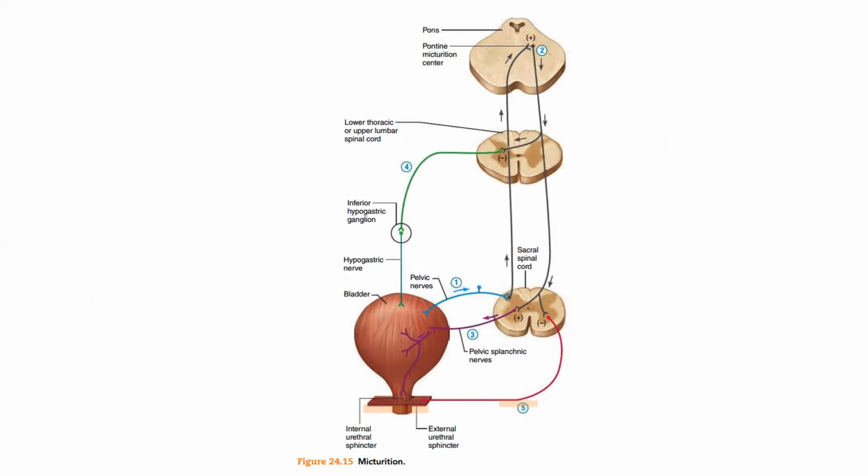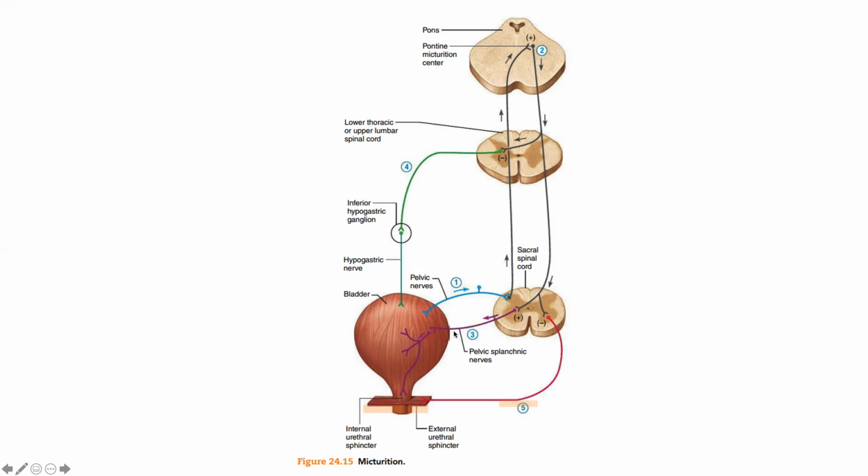So now let's go through the micturition. As we know, our urinary bladder capacity is 500 ml. So when there is about 500 ml of urine in the bladder, our bladder gets distended, and this is carried to the central nervous system by the pelvic nerves, as you can see here, going up along the spinal cord to the pontine micturition center, and the reflexes come back down, and